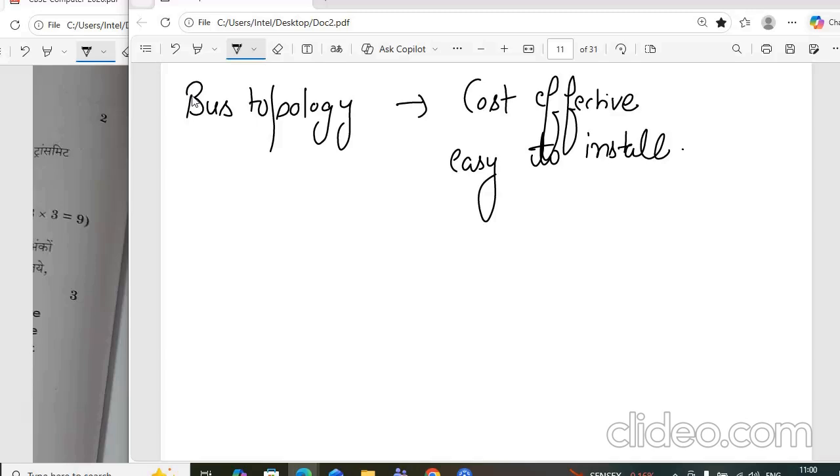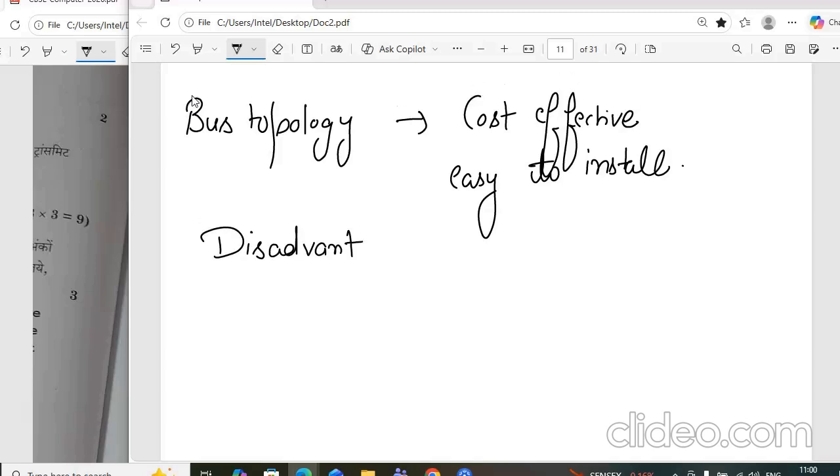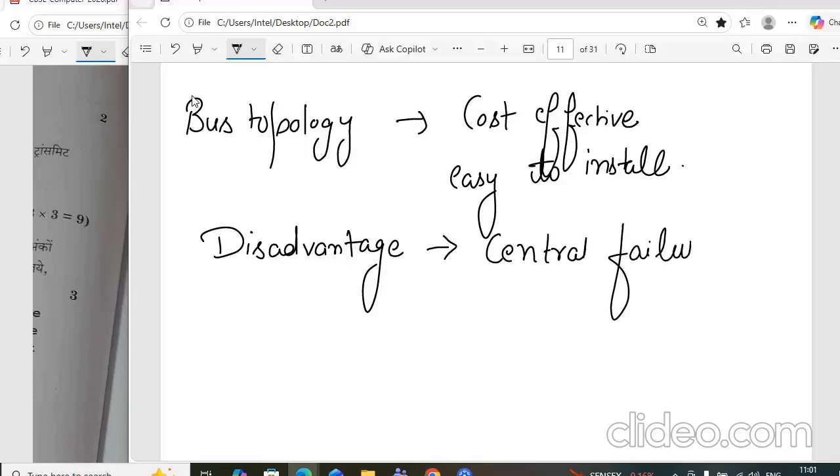If I go for disadvantage, it is based on a central thing. So central failure risk, the backbone, which is the wire by which all other devices are connected. So central failure risk is there always.